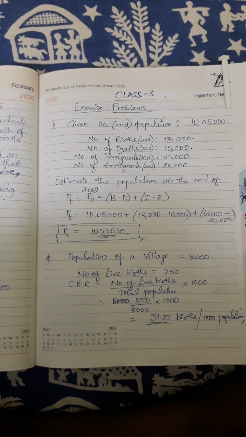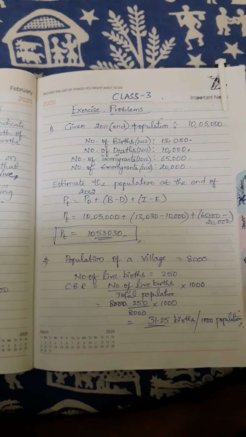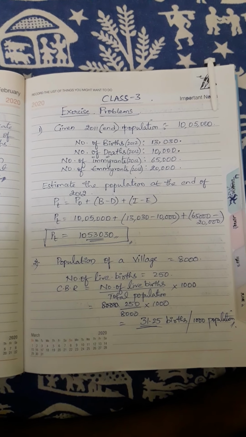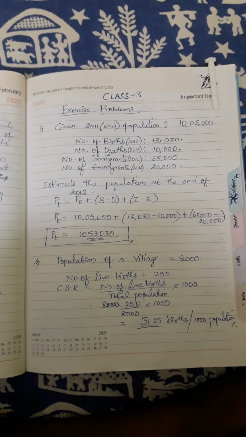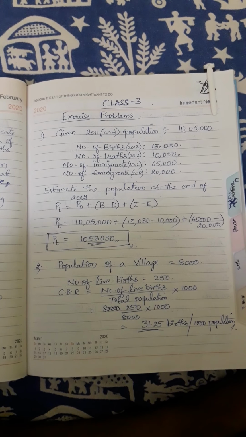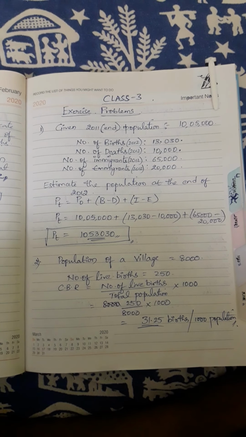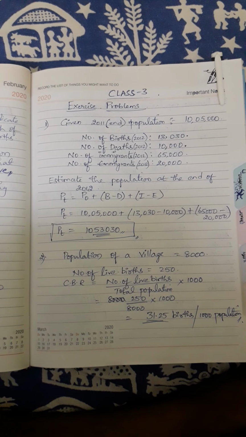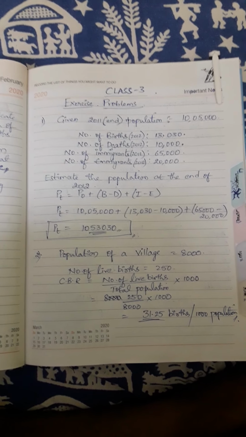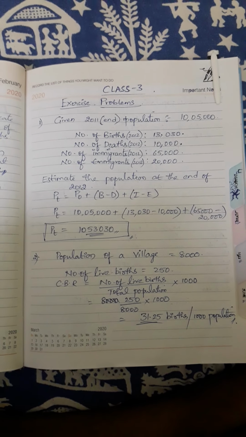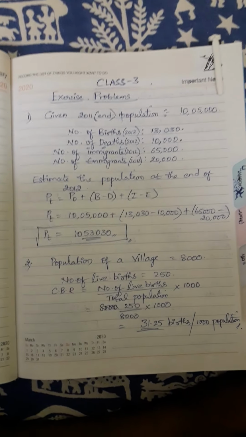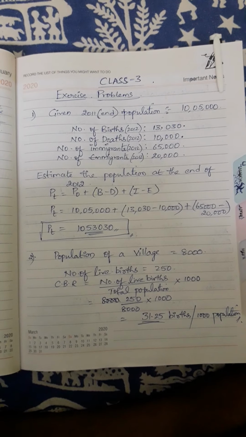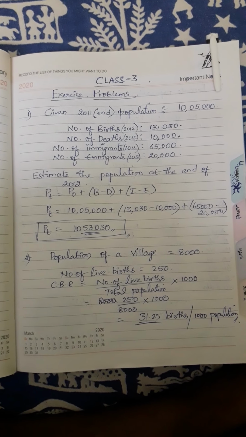Similarly, if you calculate like this till 2020, then at the end of 2021 the population will be announced in public. I mean, the population will be declared in India, isn't it? So this is how the population has to be calculated between intercensal years. So please note down the question and the solution. It is exercise question 1.